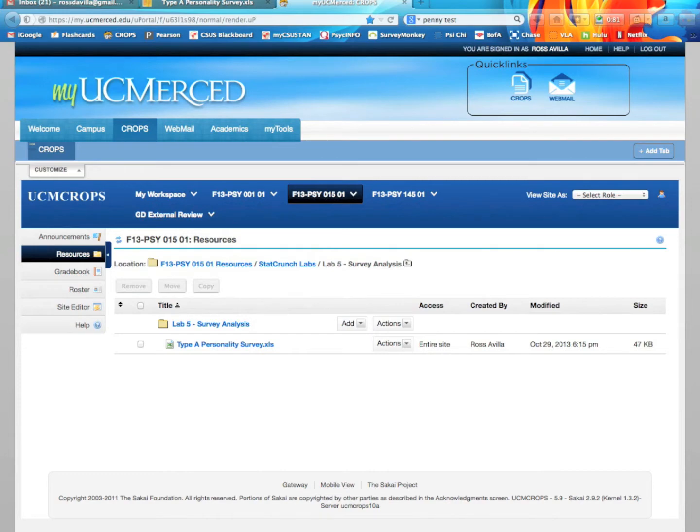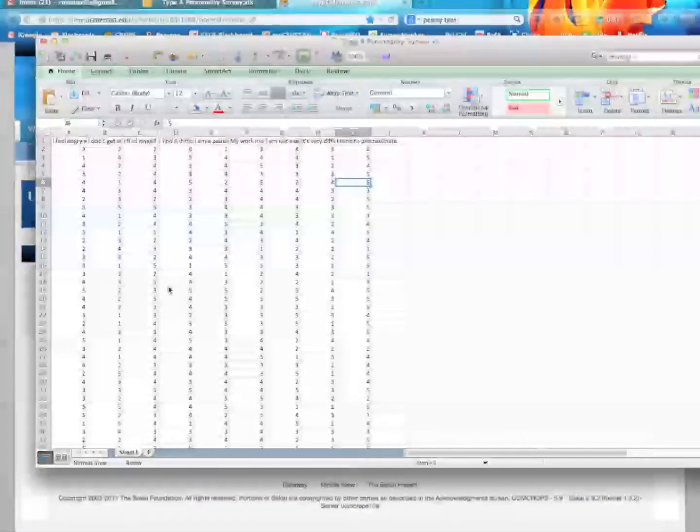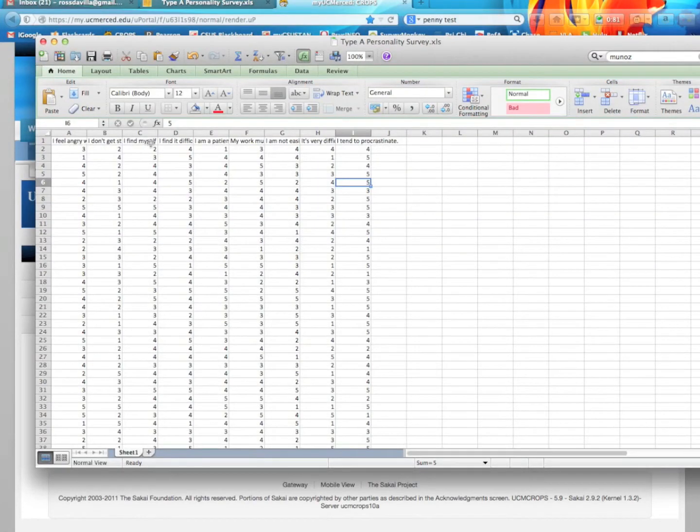If you open this up, and actually I have it over here in an Excel file, what you'll see at the top is each question in its entire wording. These are all pretty short items, but you can read them here if you like. Below that, it's all answered on a 1 to 5 scale, with 1 meaning strongly disagree, 2 somewhat disagree, 3 somewhere in the middle, 4 somewhat agree, and 5 strongly agree. So much like the scales that you guys are using.